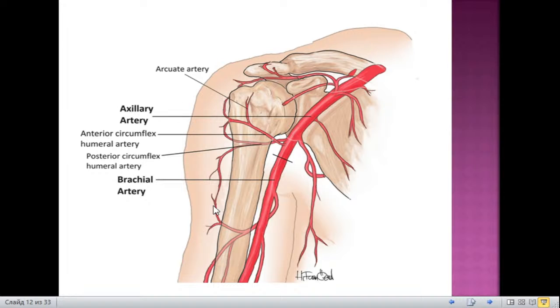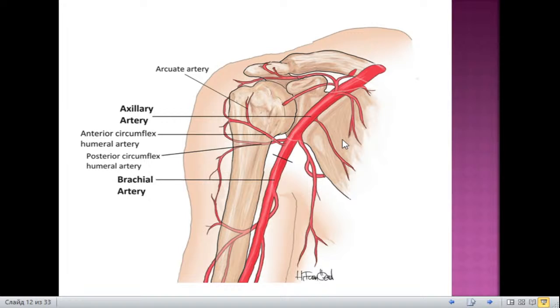and in the lower part, it is the ascending branch of the deep brachial artery, which comes from the brachial, as you understand. So as a whole,